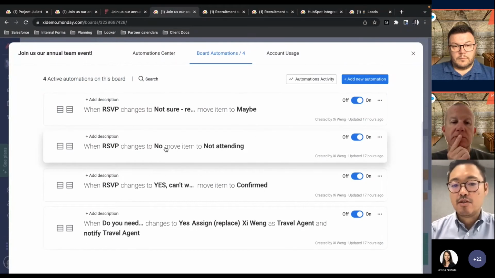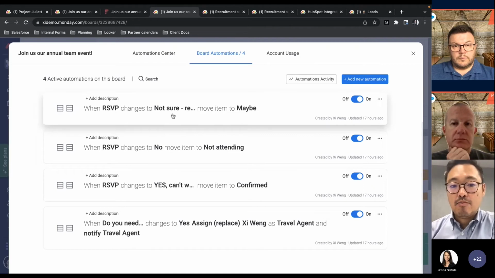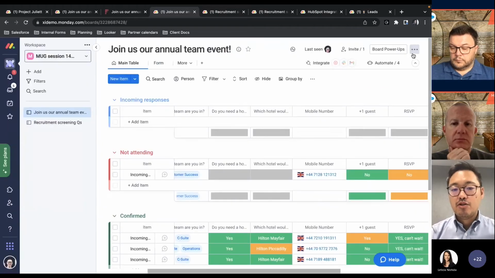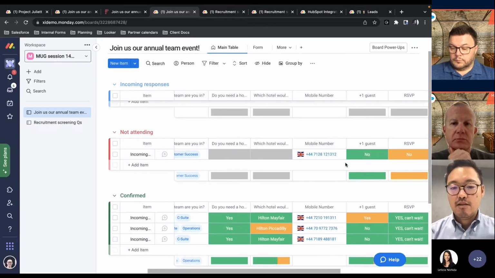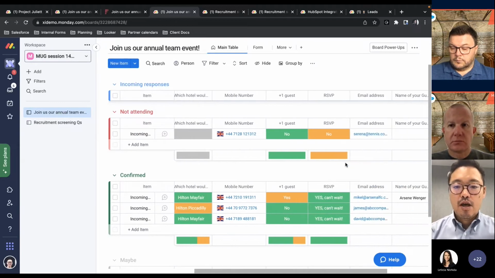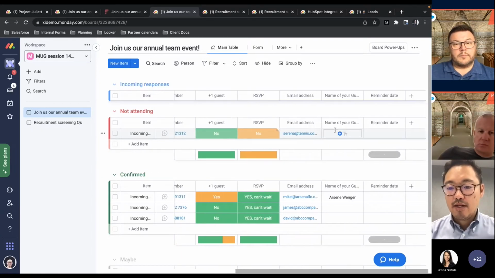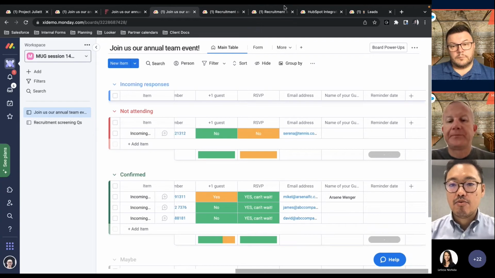So if someone says no, they're not attending, then we'll move that to the right group. If they're a maybe, then that moves into a separate group, and perhaps then you might want to set up an automation to remind them about the event in the future as well, which is very simple to do as well. You can see as well here, you've got details of whether they're bringing a guest or not, the name of the guest, if that's applicable.